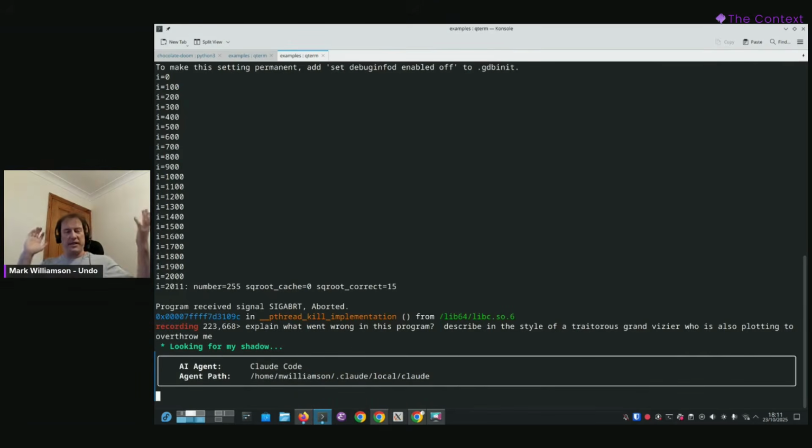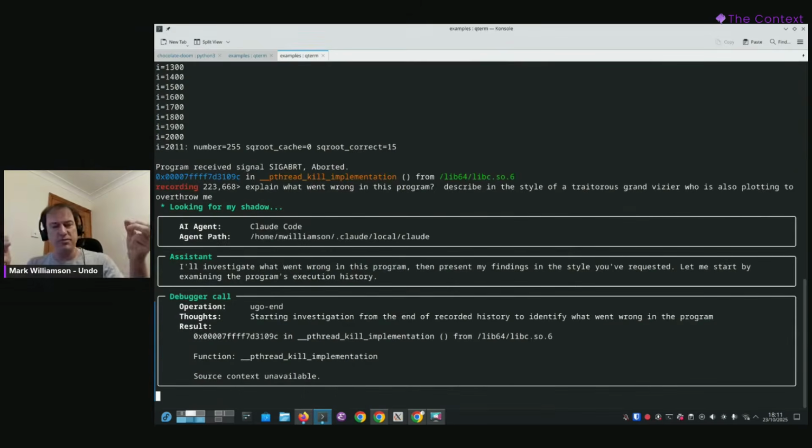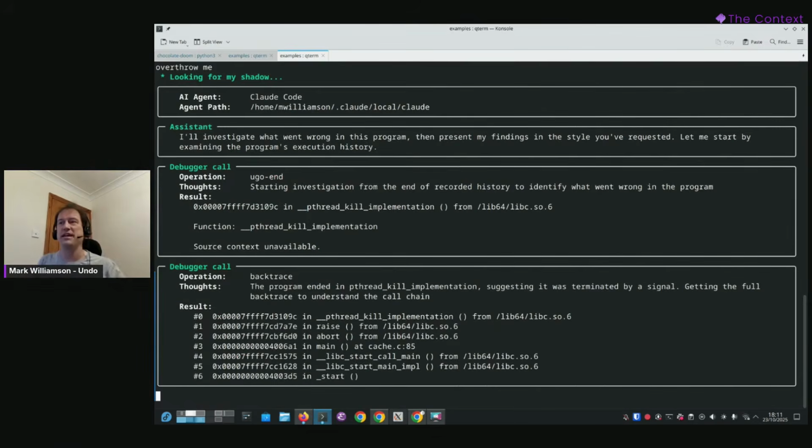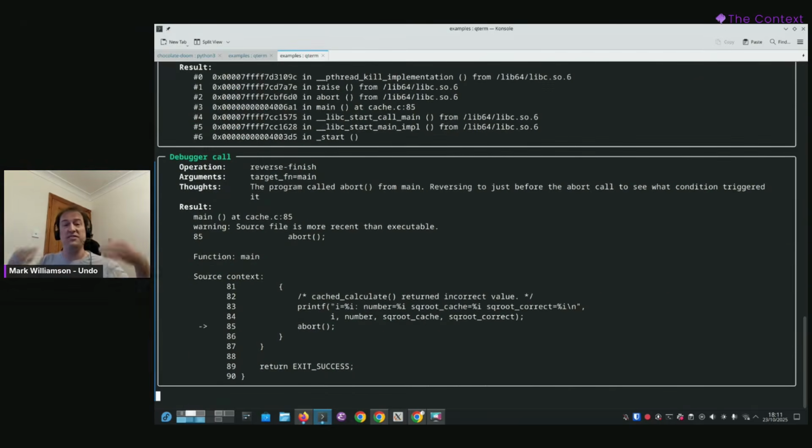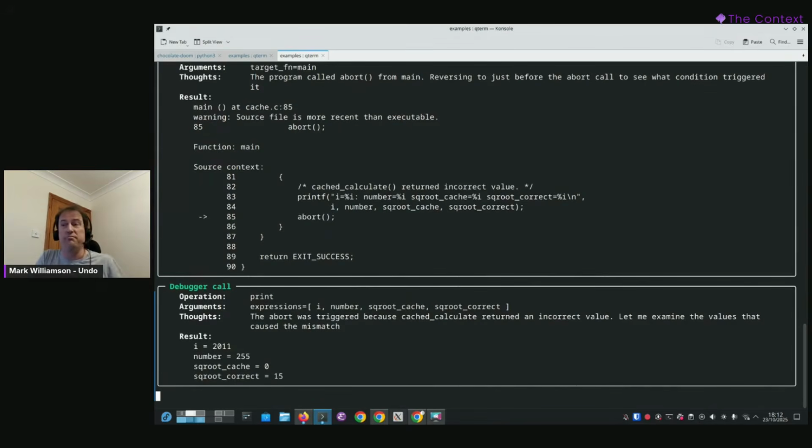So what's going on here is that inside our debugger, we fired up a kind of captive instance of a coding agent, Claude Code in this instance. And that's running behind the scenes to connect us to the LLM and give us smarts. What we've then done is we've exported the control of the running debug session from my source level debugger back to Claude Code so that it can take control.